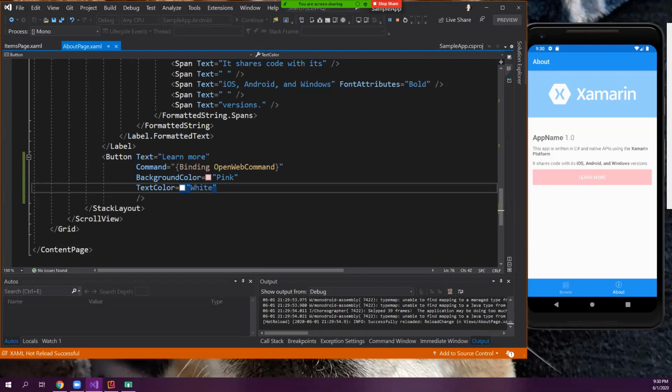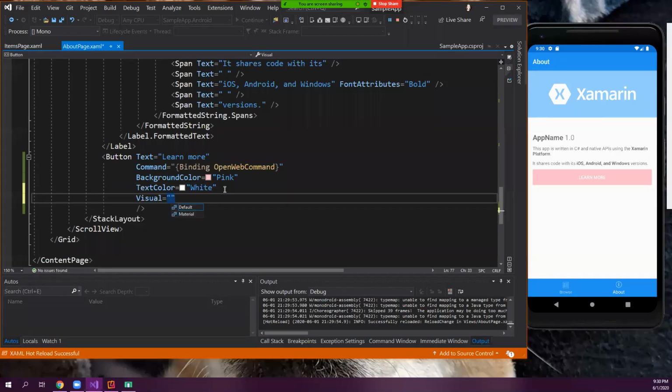One thing I did want to call out is that we have the ability to use actual material design renderers for most of our popular controls. So if you've heard of material design, it's Google's way of doing designy things. If your Google Maps app updated and you had no idea where to find anything, like me, that's material design. So it's beautiful. It's different. But you now have the way to actually go in and put a tag right in your XAML here that just says visual equals material. And I don't have all the packages installed, but it will use the same renderer on both Android and iOS and Windows. So your control looks the exact same across all three platforms if you don't like that native look and feel, which is what you get by default.